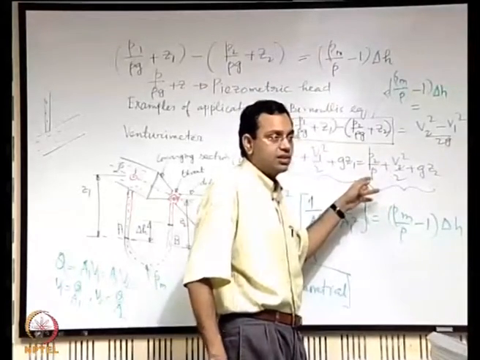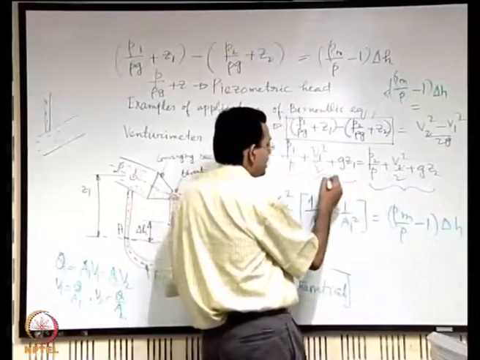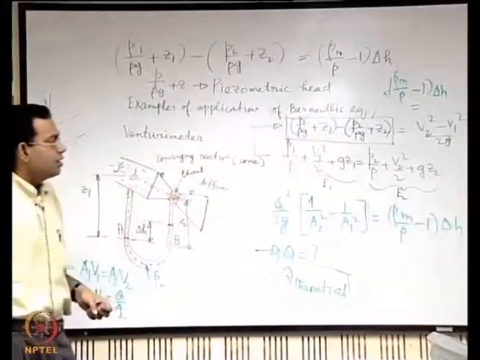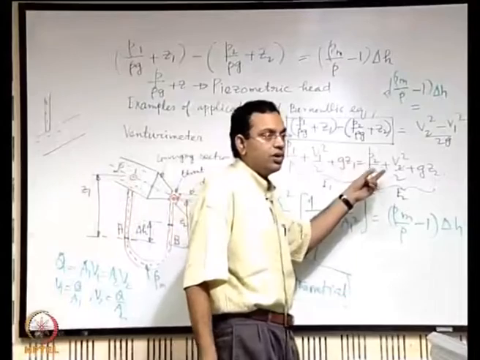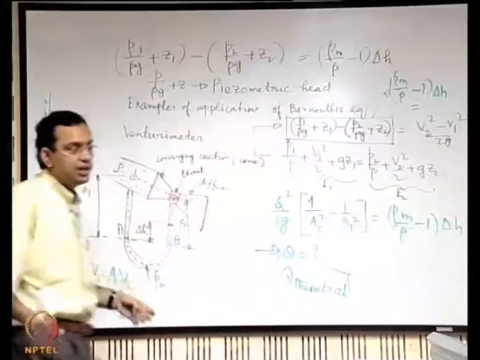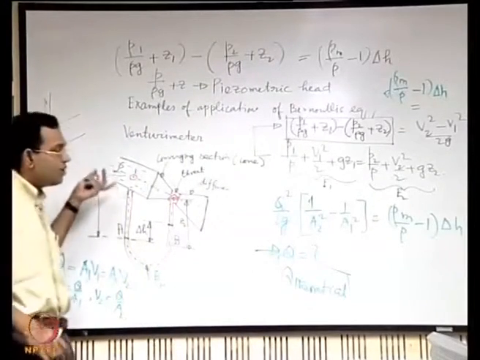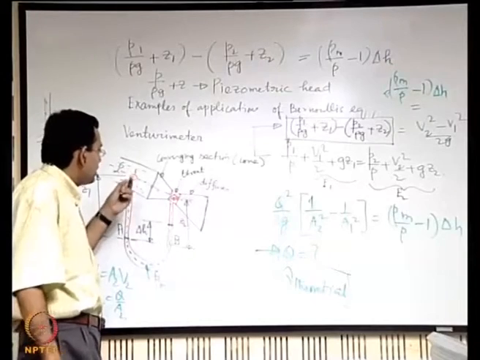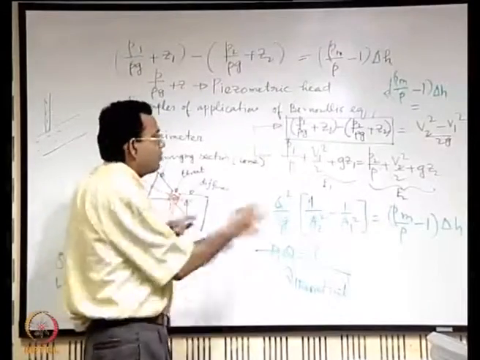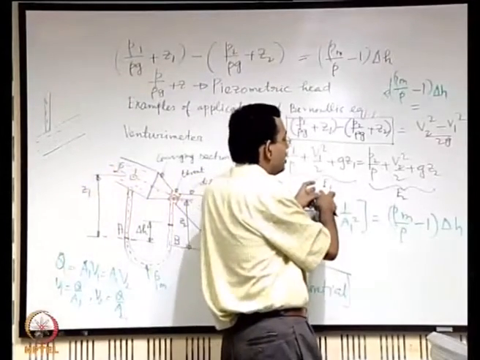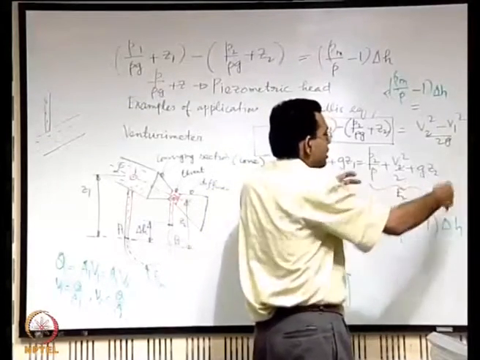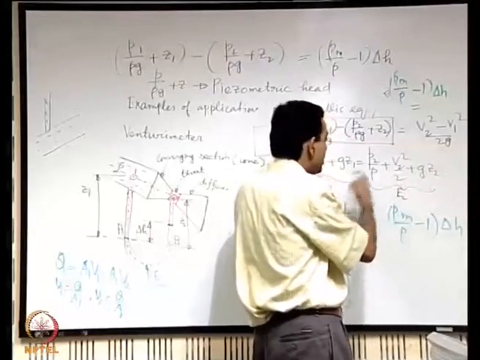In practice there is a loss, so if you call this E1 and this E2, you expect that, which one is more, E1 or E2? E1 is more, because you expect that there may be a loss of energy, and the loss of energy will be because of the travel of the fluid from the initial point to the final point. So when it is travelling from 1 to 2 it will have a loss. That means E1 will be more, so that when you come to section 2 it is E2 plus some losses, the losses which have taken place between 1 and 2.